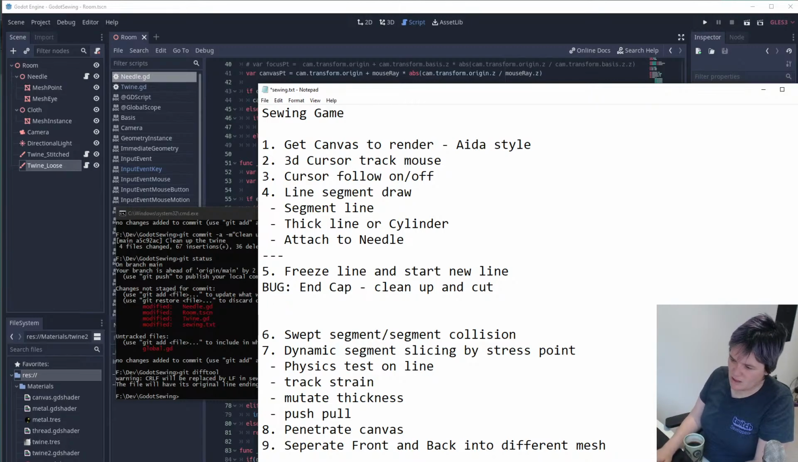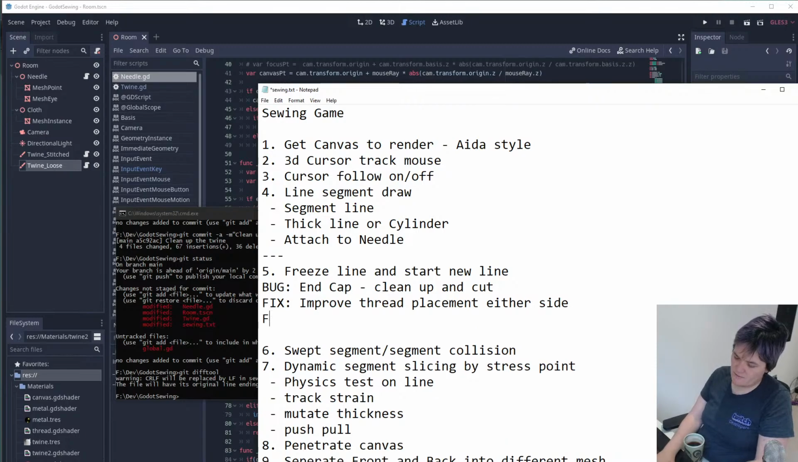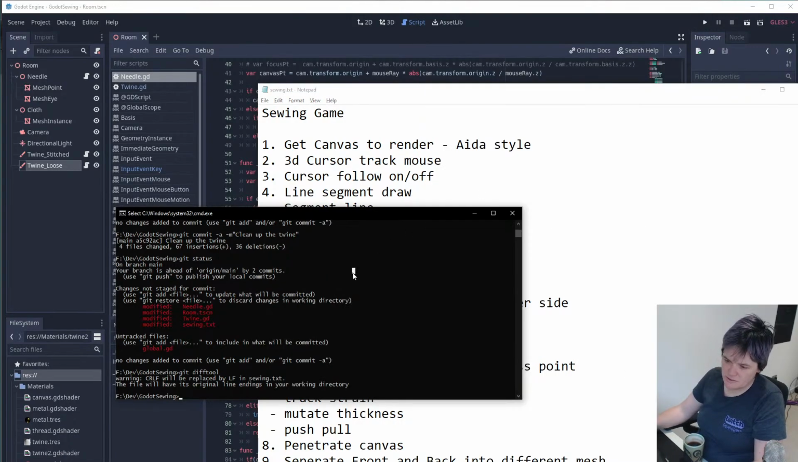it's not so much a bug. I'm just going to say fix, improve thread placement either side. And I'm also going to say fix, add cam flip up, so we can look at the back stitch. All right, that's what we're going to do. So we're just going to say